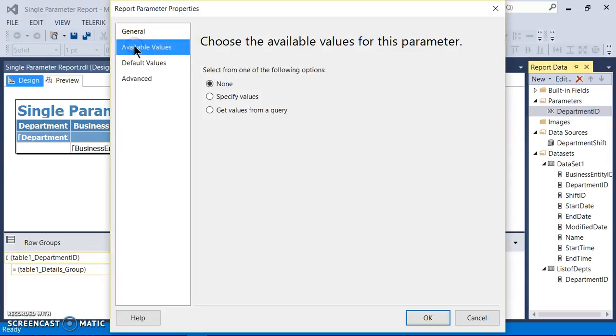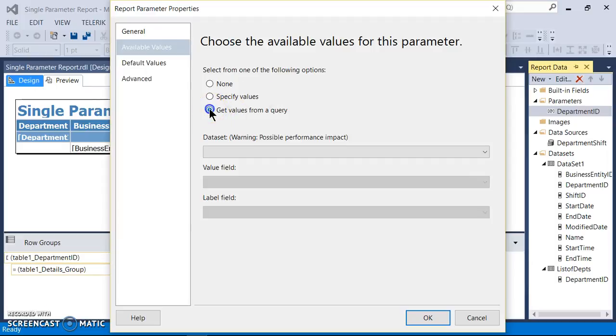Here, available values. Here, you can pass specific values. Specific values are kind of static values. It's not a good idea because the data is going to keep changing. So it's a good idea to get values from a query, so it's going to pick the list of values from the table. So if I select get values from a query,